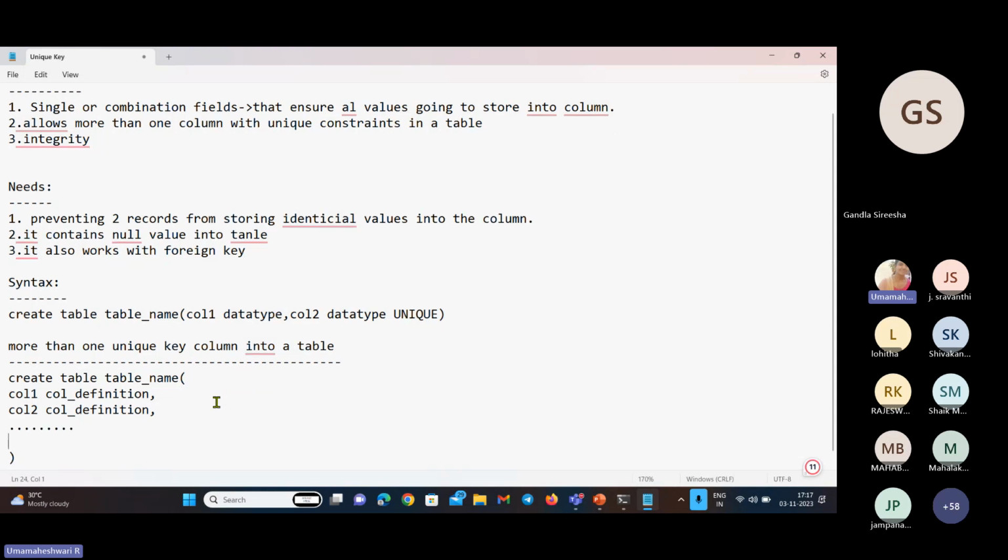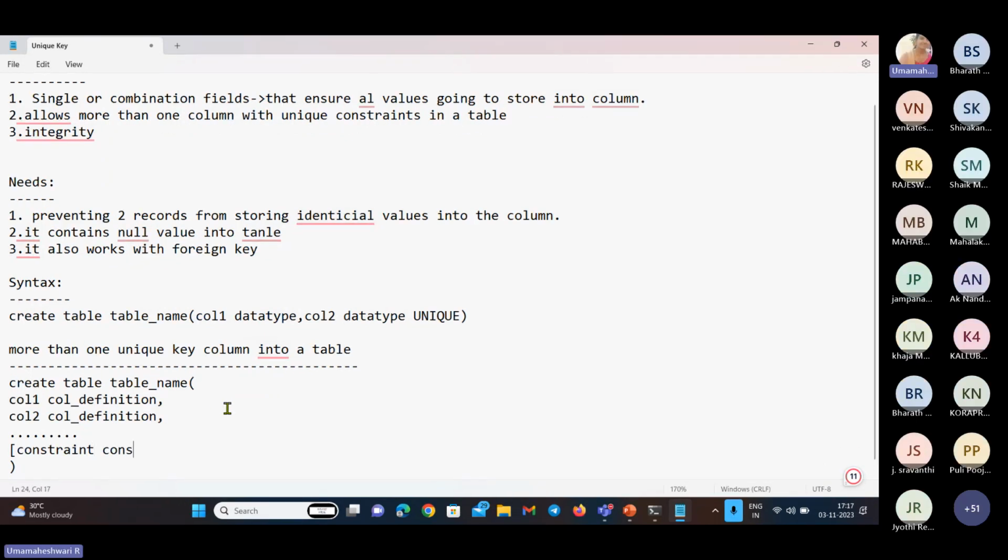And it goes on like this. And then finally, you can mention the constraints. Okay, this is a keyword. Constraint is a keyword, and then the constraint name. We can create a constraint name here. And then we can mention unique